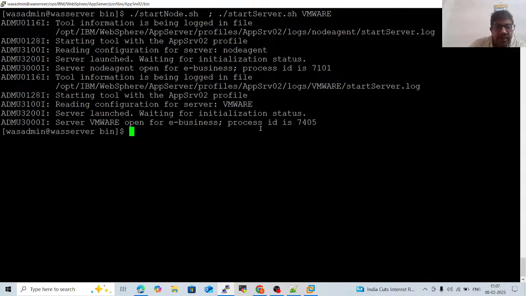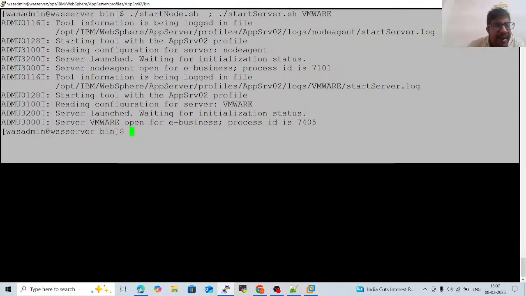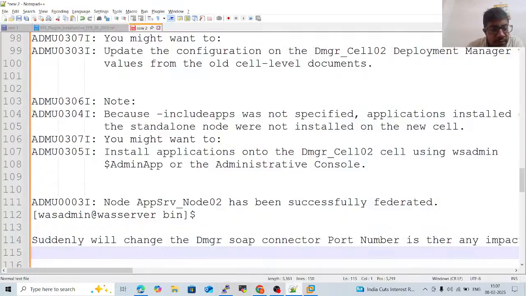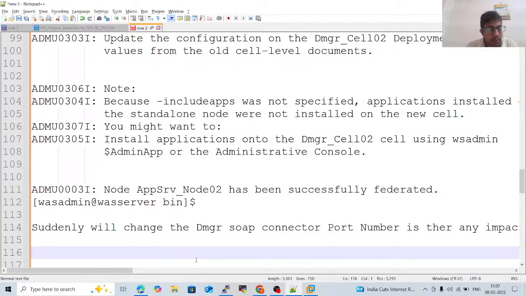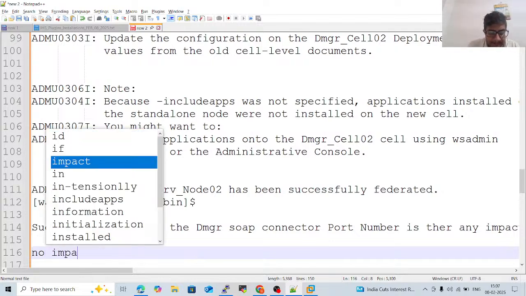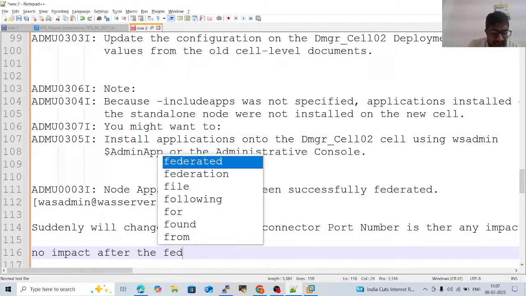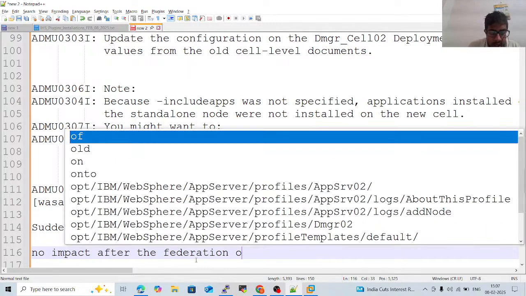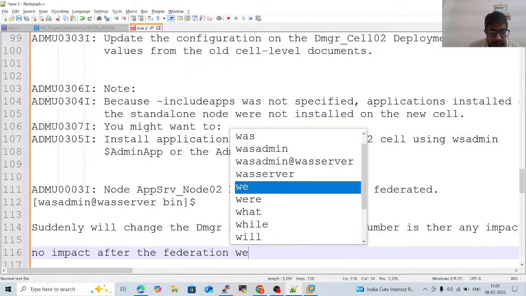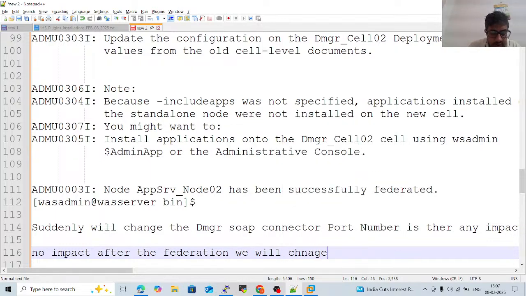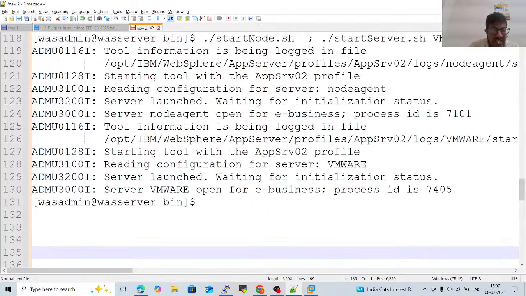There is no impact. No impact after the federation. We will change the SOAP connector port number. This is the evidence,